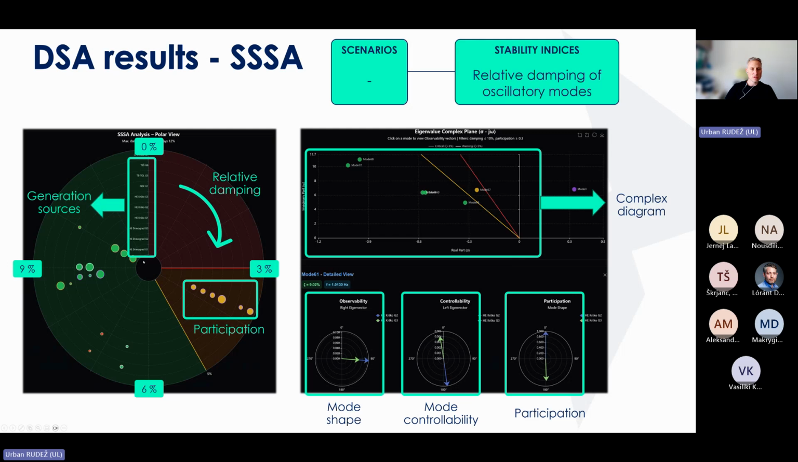representation, in which on the radial axis here, we're plotting the machines or the power plants, and the relative damping is basically plotted depending on the location. So we have 3%, 6%, 9%, and 12% relative damping. So the bubbles shown in this representation show the participation of individual machines in